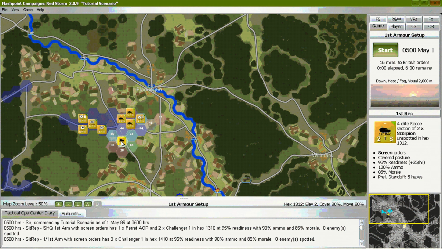As you can see, visibility is very limited here with the trees and hills. Hit Control L to hide the line of sight overlay. You can also toggle this line of sight display on and off using the L button just to the right of the map zoom controls.